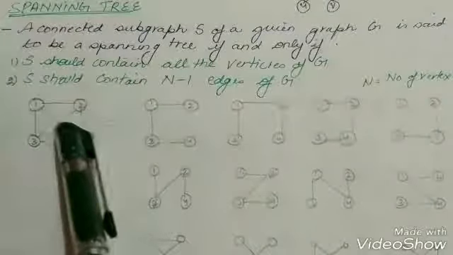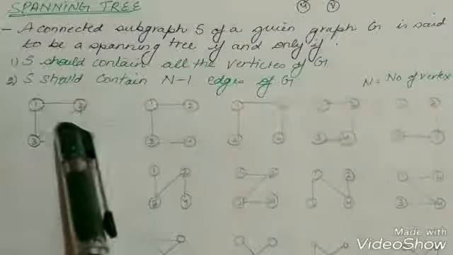Now we will be studying about minimum spanning tree. A minimum spanning tree of a graph G is a tree whose total weight is smallest among the spanning trees of the graph G. Suppose a graph is given to you and you have found all the spanning trees of that graph which can be made. To find the minimum spanning tree among them, you will choose the one whose weight is minimum.